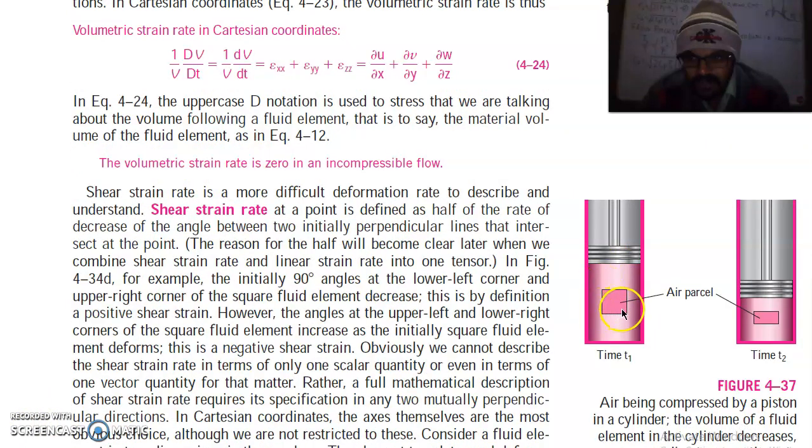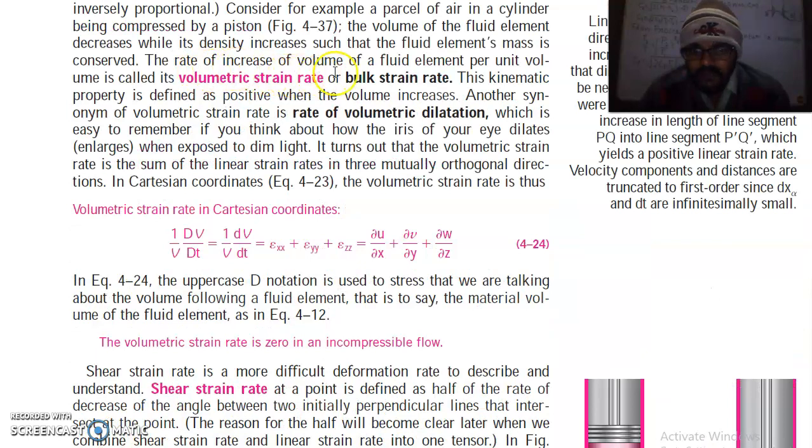So this is the air parcel, say at time t1, this is the volume and it is compressed by this piston, and this is the final volume at time t2. The air parcel has changed volume now. The rate of increase of volume of a fluid element per unit volume is called volumetric strain rate or bulk strain rate. The kinematic property is defined as positive when the volume increases. Another synonym of volumetric strain rate is rate of volumetric dilation,